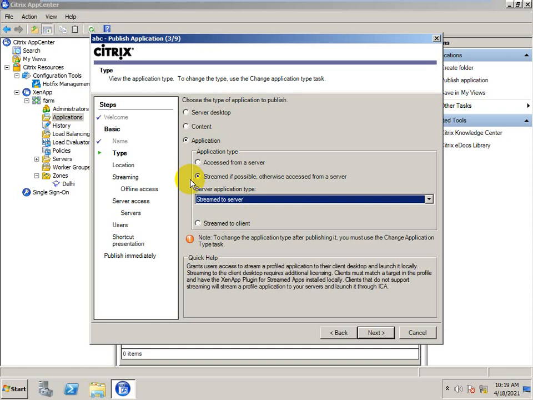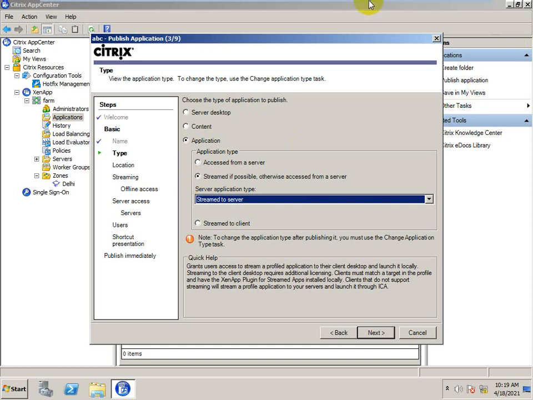That is streaming. It means if it streams to the client, it will fetch the complete data of the application to your laptop or the server, and from there you will access the application. Once you log off, the complete data will be saved to your profile or whatever storage is there. In the Citrix case, it's your profile. Everything is saved in your profile. Okay, so are you clear about streaming?